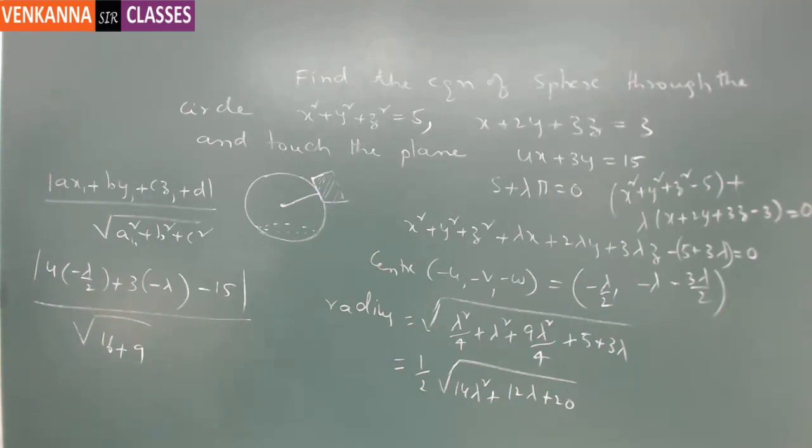So you are calculating the distance from the center of the sphere to the new plane, where the sphere touches the plane that we consider. So if you simplify this, you will get it as